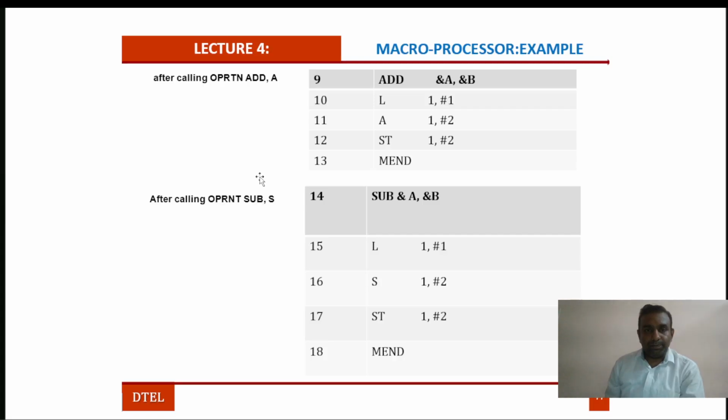So this is the second micro when OPRTN add a is called. The second micro name will become add. Same procedure: for the first argument write hash 1, and for the second argument write hash 2. Second, after calling OPRTN sub s, again the second definition will be newly defined by sub ampersand a ampersand b, again with hash 1 and hash 2 for the arguments. So this is about the first data structure of the microprocessor,